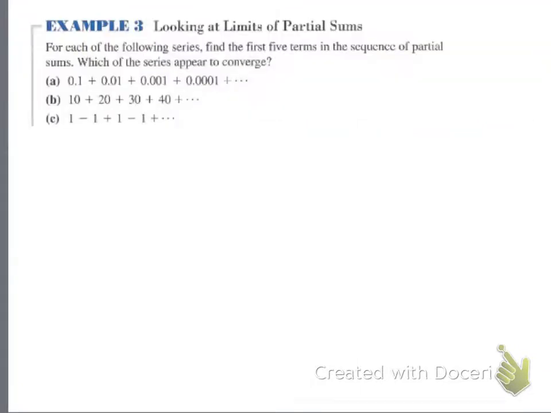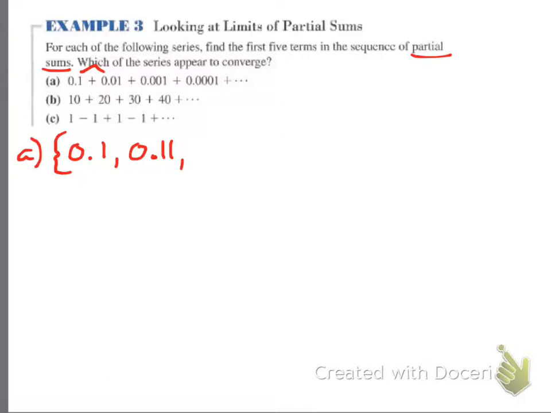Let's talk about what happens here. For each of the following series, find the first 5 terms of the sequence of partial sums. Which of the series appear to converge? Okay, so here's the deal. What we're going to do here, we're going to find the first 5 partial sums. Now, what does that mean? First of all, I'm going to take the first term. Okay, that's the first partial sum. It's just the first term. The second partial sum is the sum of the first 2 terms. So that's